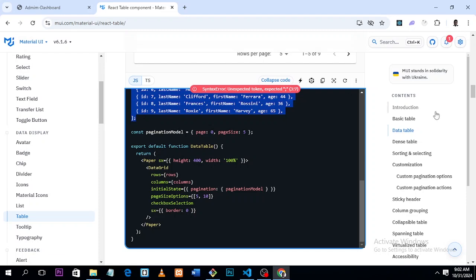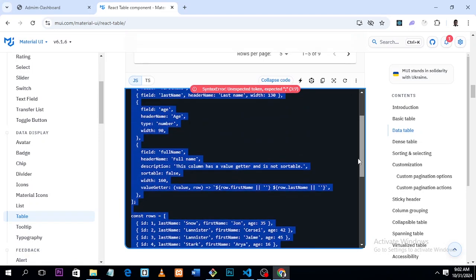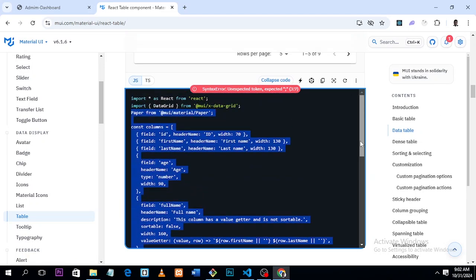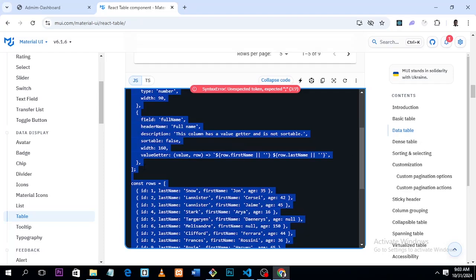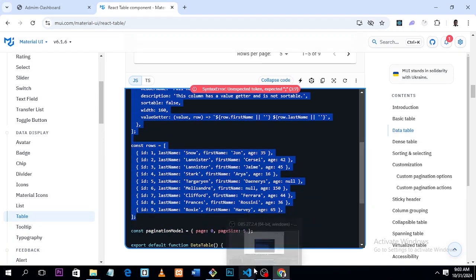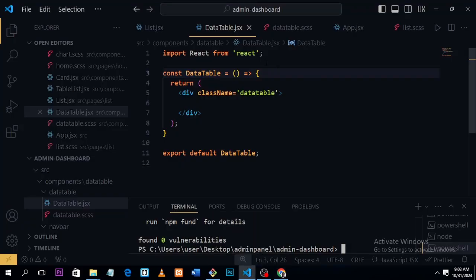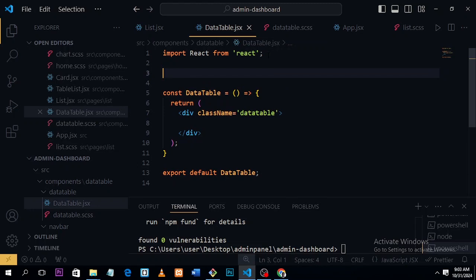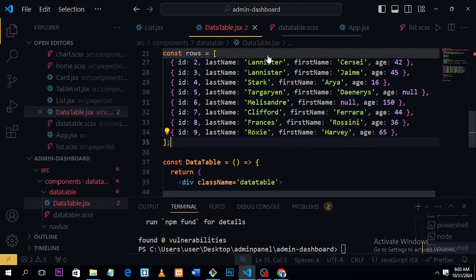Control C. So this is what we are copying. It has a variable of columns, which is an array of columns, and we have a variable of rows, which is an array of objects of rows. So let's go and paste it outside our component. Okay,